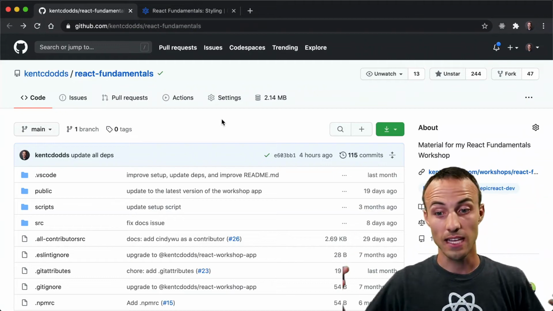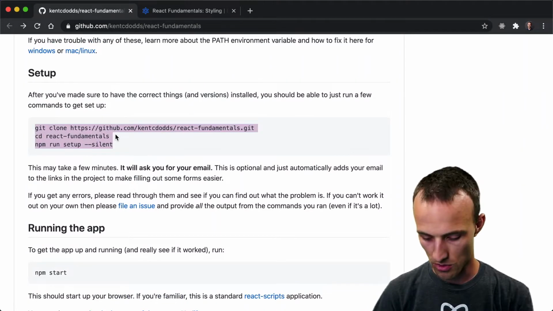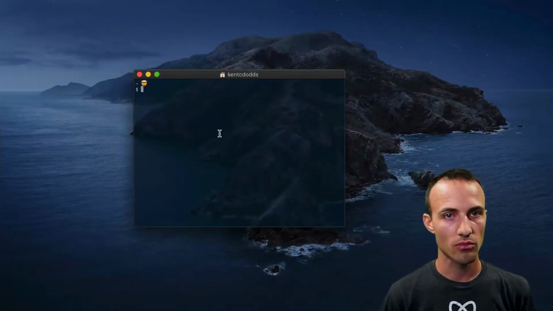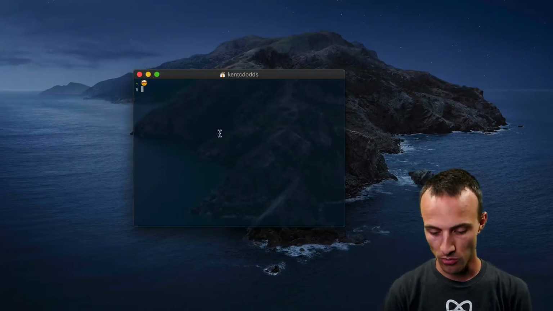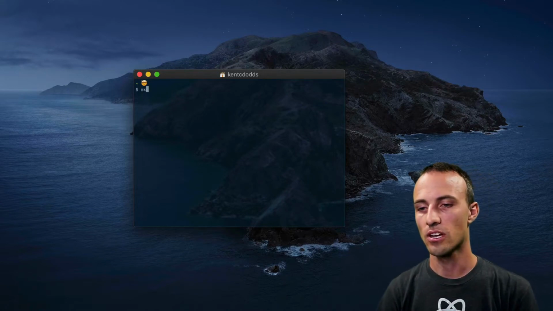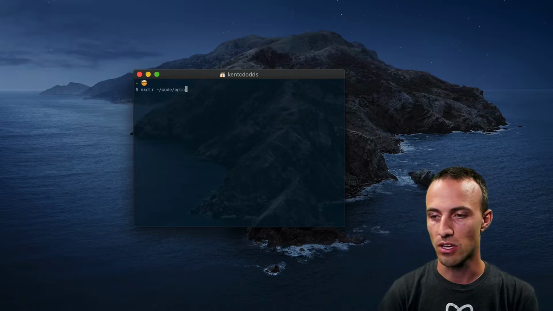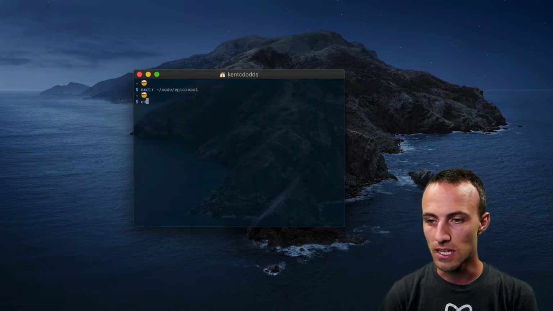So now we're ready to get things set up. We'll come down here to the setup section. We'll grab this, and I want to put all of my projects in the same place. I'm going to put it into a directory called Epic React inside of my code directory. So I'm going to make a directory in home directory /code/epic react, and then I'm going to cd into that